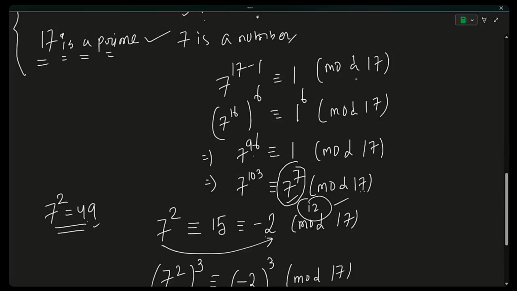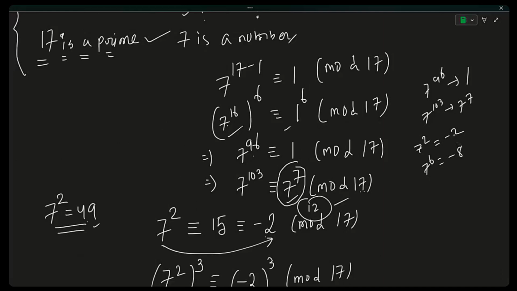अच्छा, 7 to the power 16 is 1, 7 to the power 16 1 होता है by Fermat's theorem, तो 7 to the power 96 होगा 1, उसका मतलब है 7 to the power 103 होगा 7 to the power 7. अच्छा 7 square तो होता है -2, क्योंकि 49 is 2 less than 51, तो 7 to the power 6 हो जाएगा -8, और 7 to the power 7 हो जाएगा -56। 56 क्या होता है, 56 आता है -5, right, क्योंकि 51 से 56 5 दूर है mod 17 में,